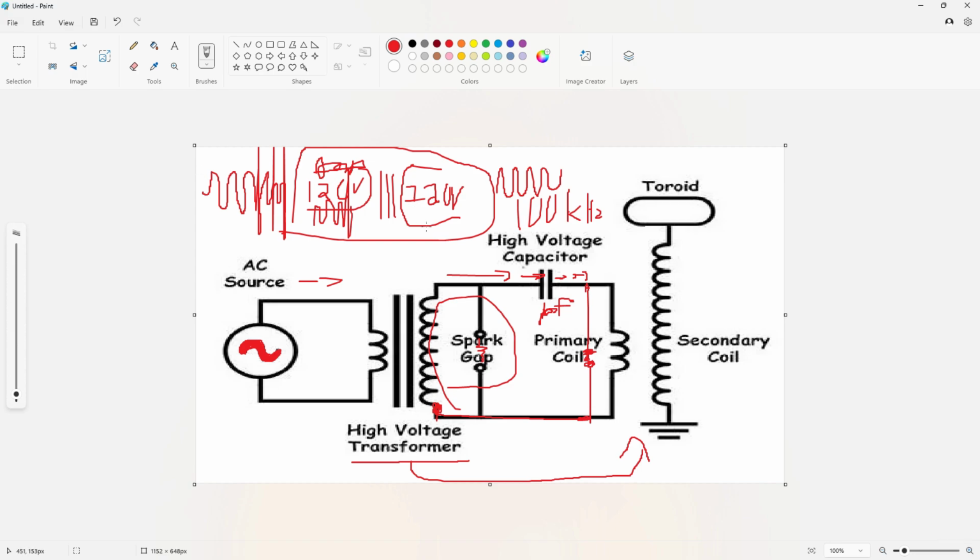Okay? So isolation transformers are going to be used in hospitals a lot. Most of the stuff that's connected in hospitals has isolation transformers. You'll notice that if you look for isolation transformers, they're going to be very expensive, and one of the reasons why they're very expensive is because they're large, and the reason why they're large goes back to what I was talking about earlier, is because they're